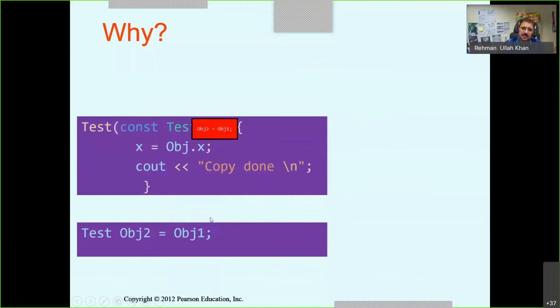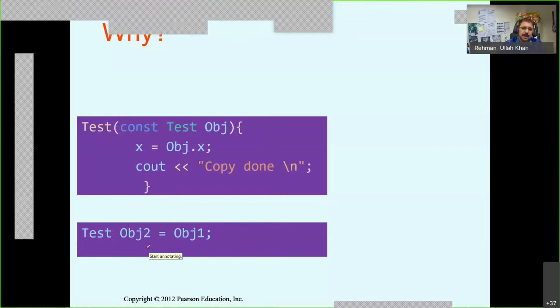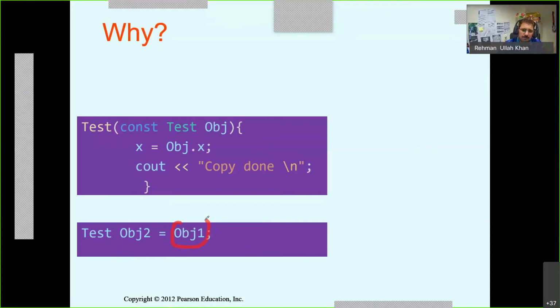When the copy constructor is called, during this calling process, the object one value will be copied to this object. So you see, again there is a copy process, and during the copy there is an assignment process again.